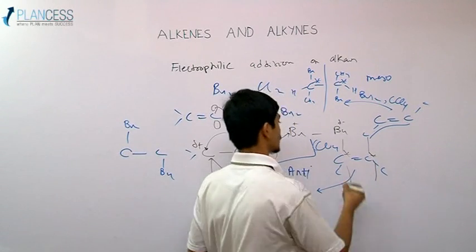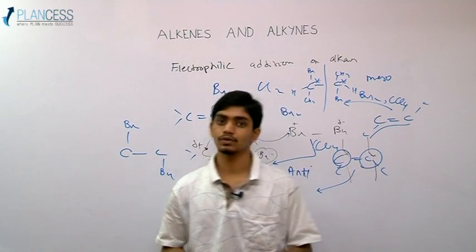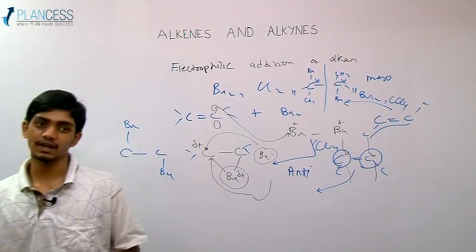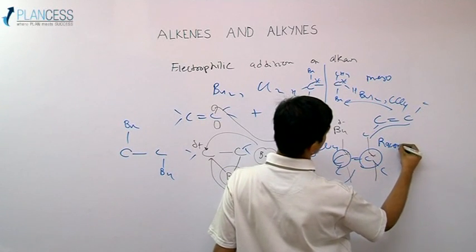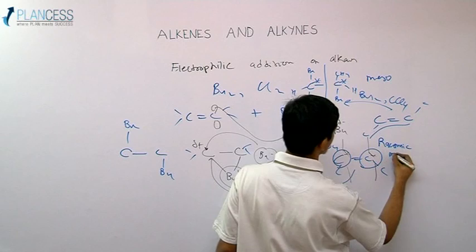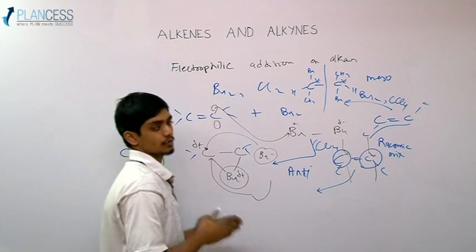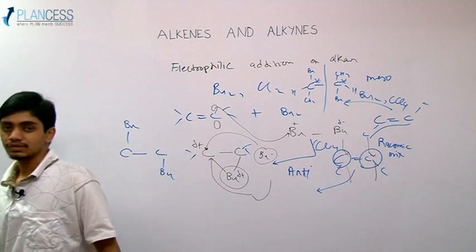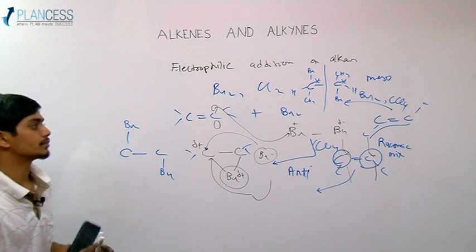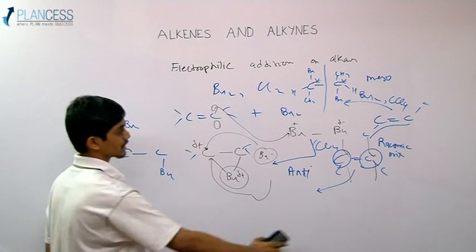So if the configuration at this carbon changes, this carbon also reverses. So you get an enantiomeric pair, and again you get a racemic mixture. You still do not get an optically active mixture because you cannot get the pair of diastereomers here. You will always get a pair of enantiomers. So this was a very important reaction because of the stereochemistry of the reaction, and the stereochemistry comes due to